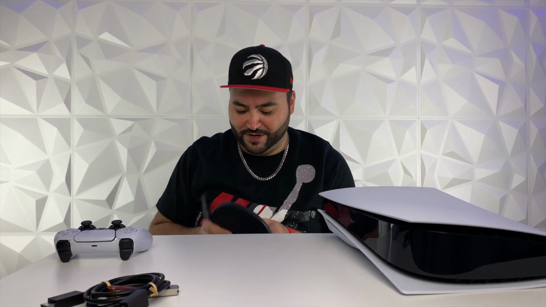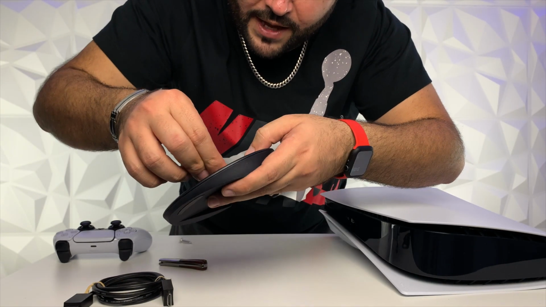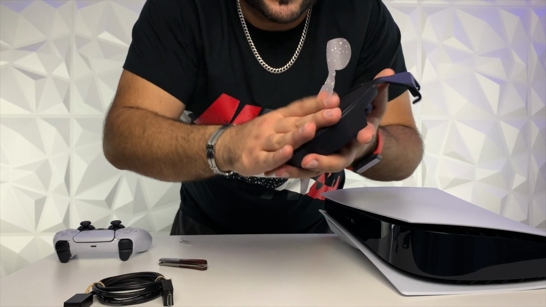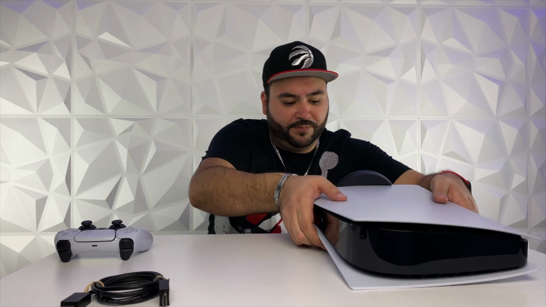I'm going to be putting it on the front anyways. At the bottom of the stand, you're going to notice there's a little circle there, so you can actually pop this tab right in there and it'll stay safe forever, and then you just rotate to close it and you are good. Okay guys, I got the stand on, so now I'm going to sit this bad boy up and